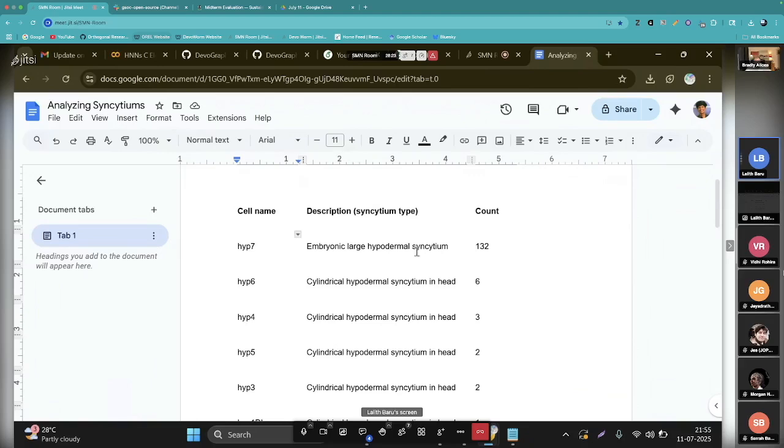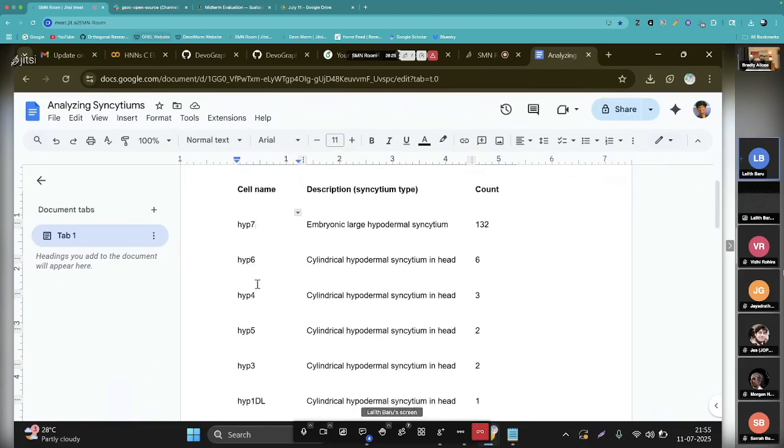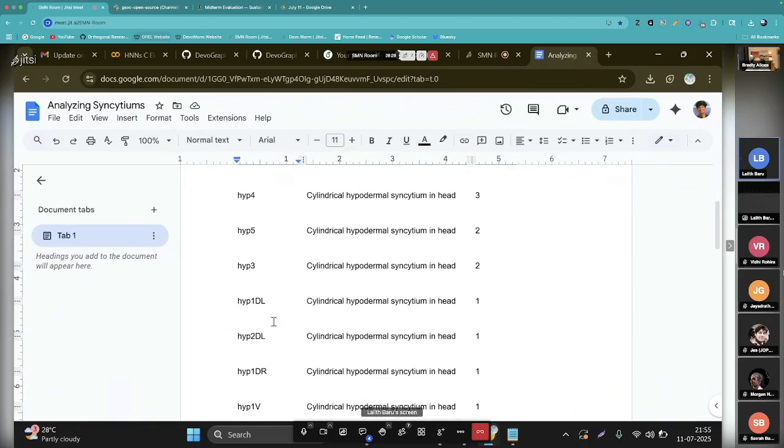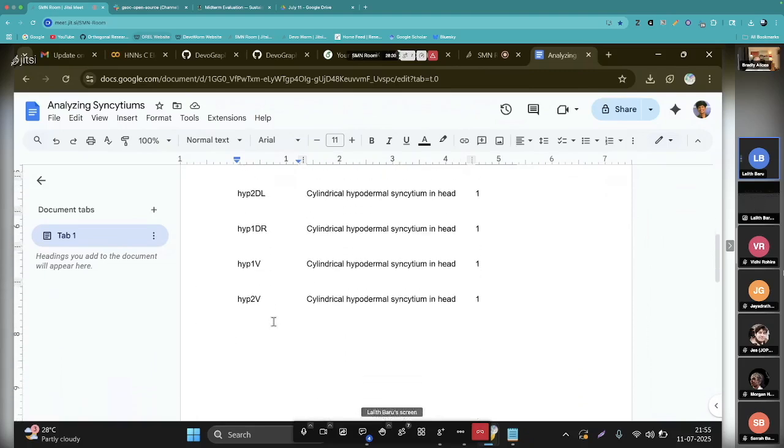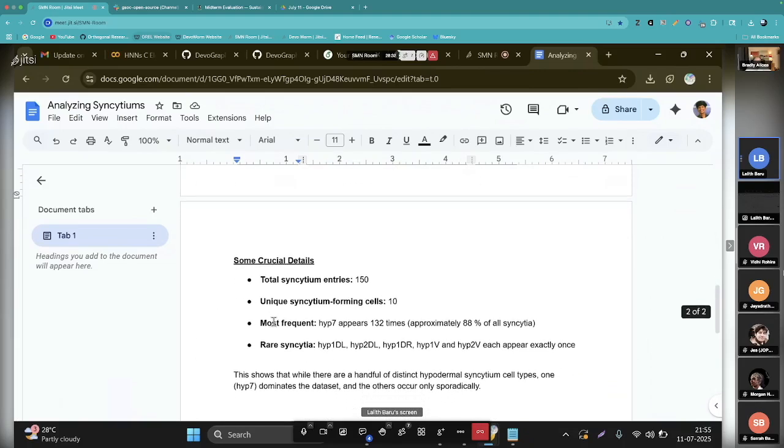And there were hypoderm 6, 4, 5, 3, 1, and these are the rare ones. From what I have read, hypoderm 7 appears most frequently, about 88% of the time, and we have seen these rare syncytia like hypoderm 1, 2, 1VDR. I wasn't able to understand exactly what they mean, but